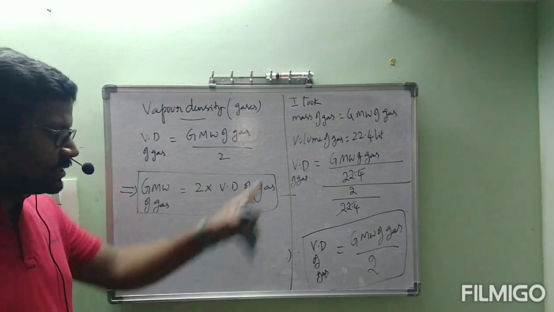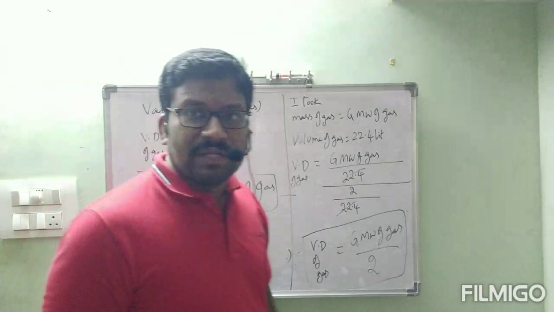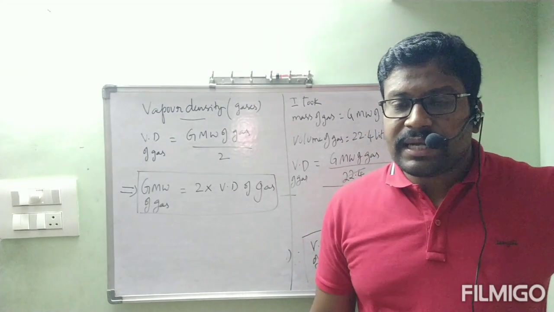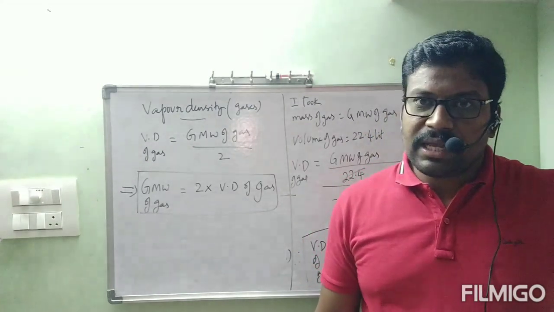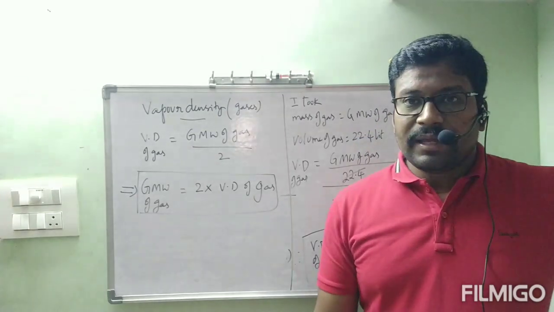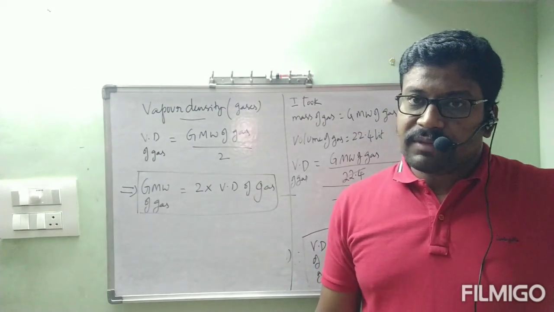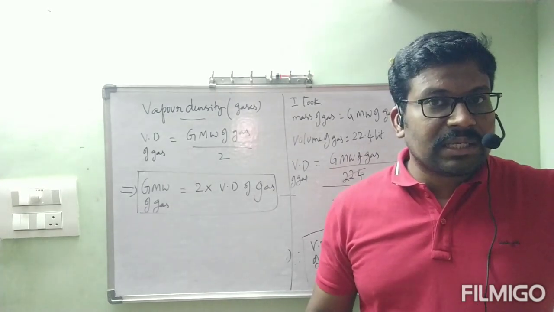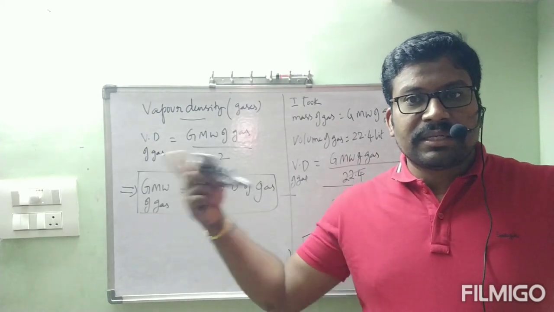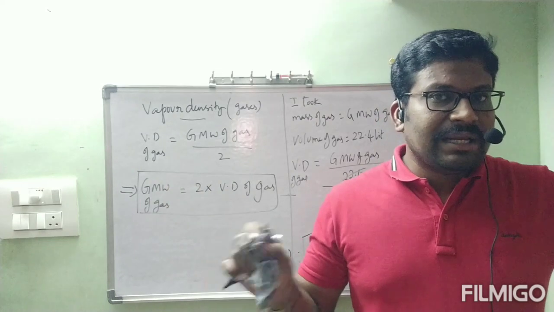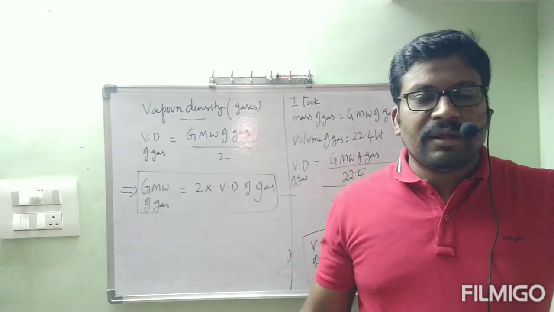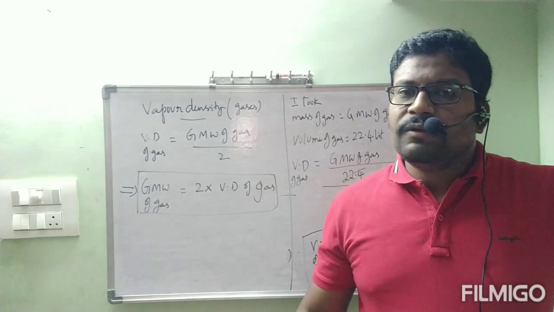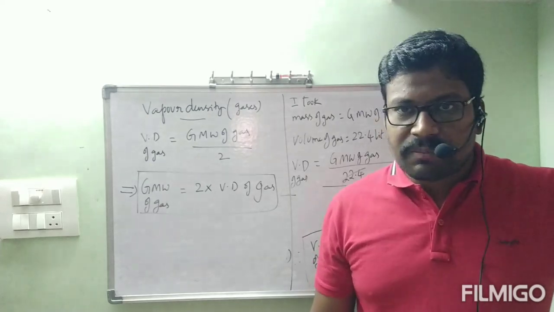How did we get this derivation? One more time. What is the definition of vapor density? How many times a gas is denser than hydrogen gas? That is called vapor density. According to that we wrote the formula, and from that formula we derived by considering the condition at STP. That is very important. If you consider at STP only, you will get this answer. Otherwise some other thing, no need to bother, because generally reactions, whatever it might be, we will consider at STP only. If they mention, okay. If they don't mention also, we will take the condition at STP only. Otherwise we cannot do the problem.